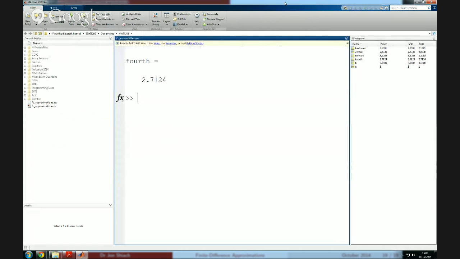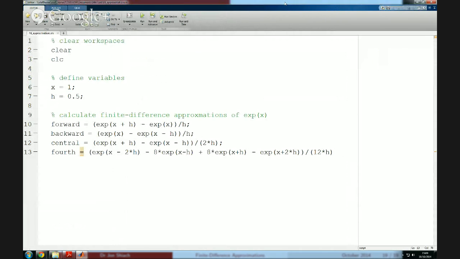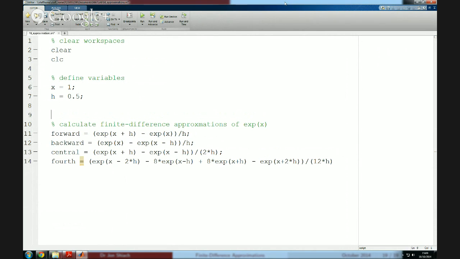2.7124. Okay, I'm getting closer and closer. As I go up in the order, I'm getting closer and closer. Okay, so that's using h of a half. What happens as I reduce h? So what I'm going to do now is change this program, so I'm going to loop for different values of h. I'm going to put a for loop in,